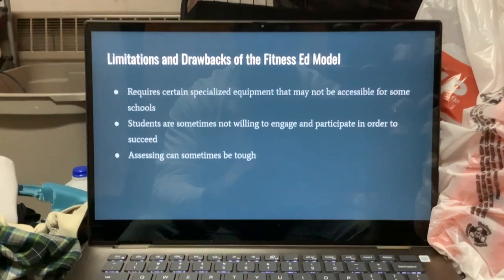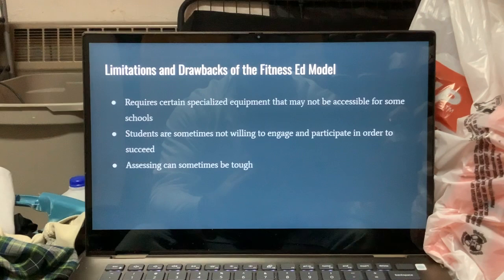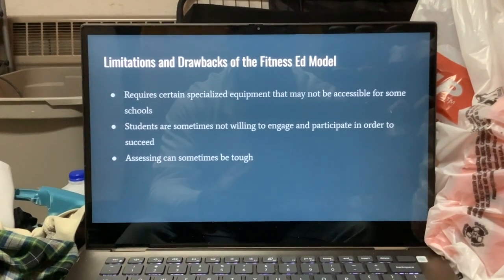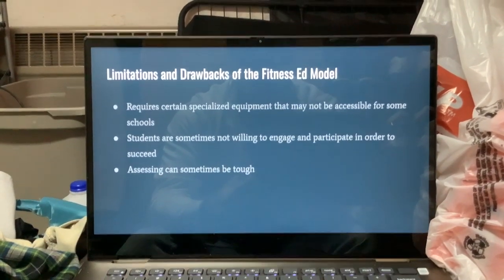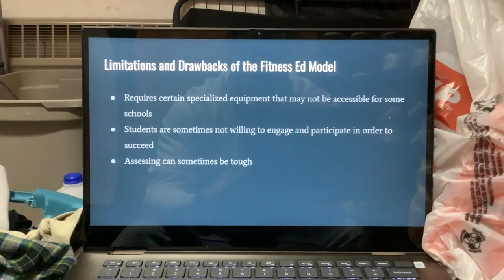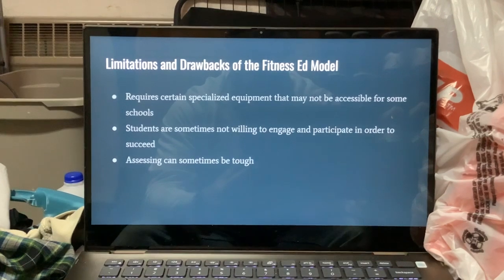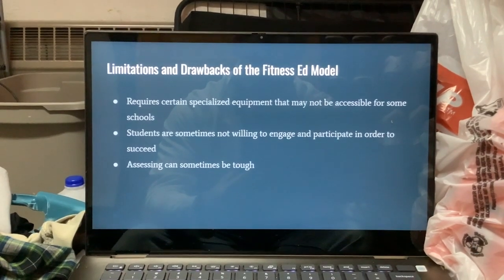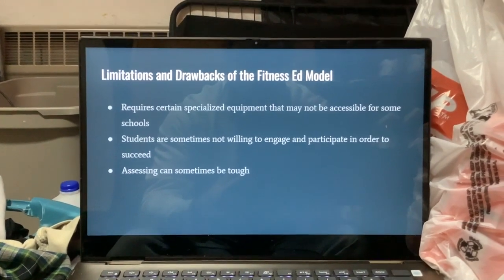But for like a body shop class with the fitness ed model, for example, you need weights, and you need platforms and barbells and all that type of stuff. And not all schools have